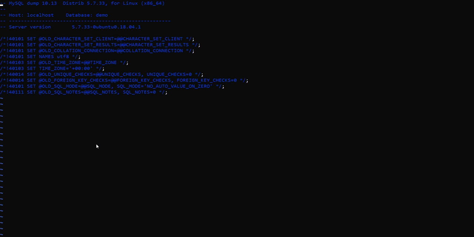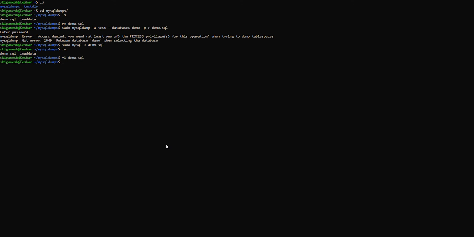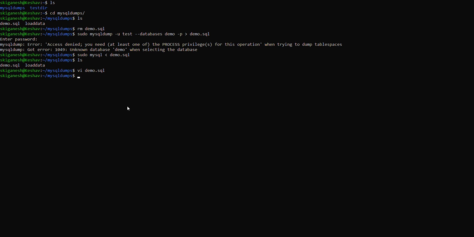We don't have any scripts available in the file since we already deleted the database. I have closed the file. If we have a valid dump, it will get restored and we could see the data available.